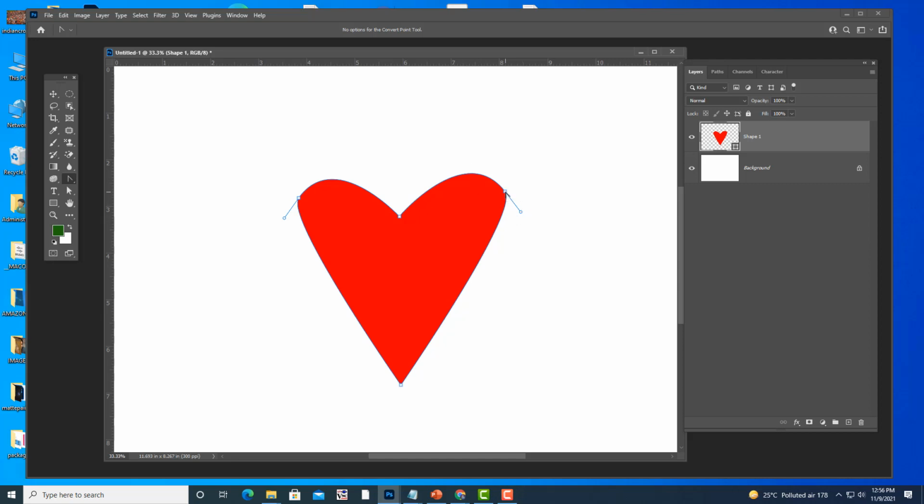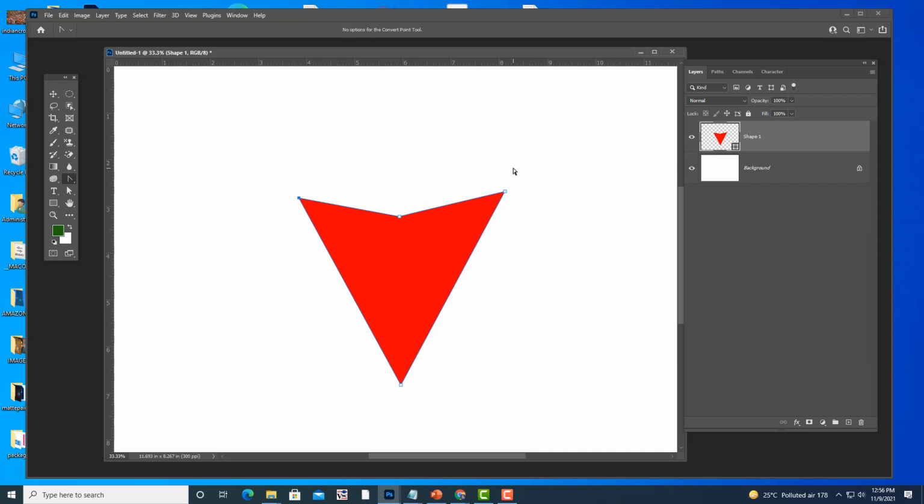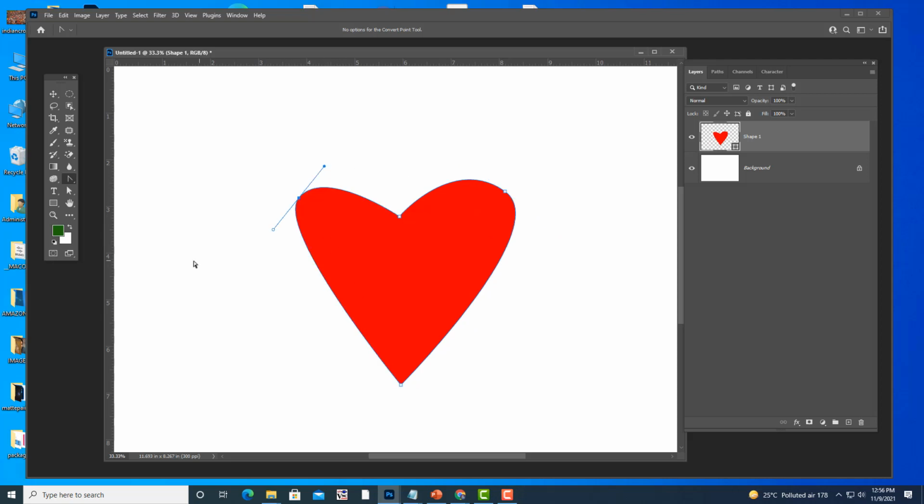If you click here, see what happens. That rounded became sharp. And if you want to convert this sharp to rounded, you simply select the convert point tool and then drag. Like this you can convert rounded to sharp, sharp to rounded using the convert point tool.